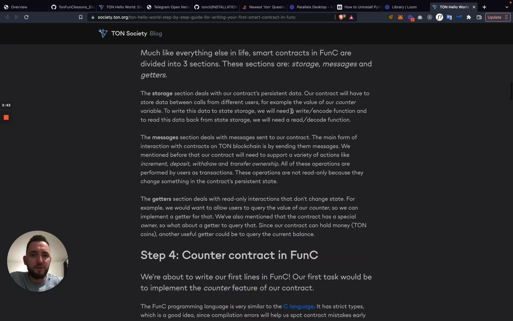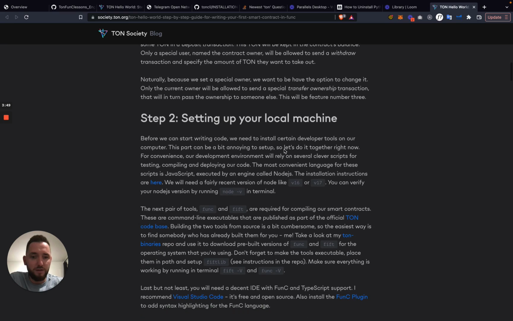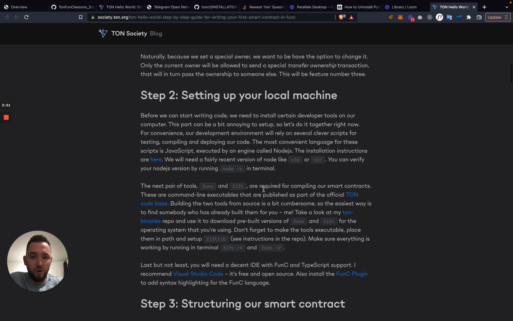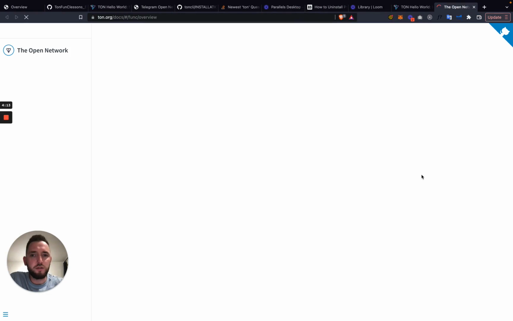And still, after this article, I was not able to get my hands on coding. I didn't start my first smart contract, even though I was able to set up my machine for Ton programming based on the links and steps provided there. And I will get back to this article quite a few times in the series of videos, so I just wanted to outline it. And the second resource that I headed to was the official Ton